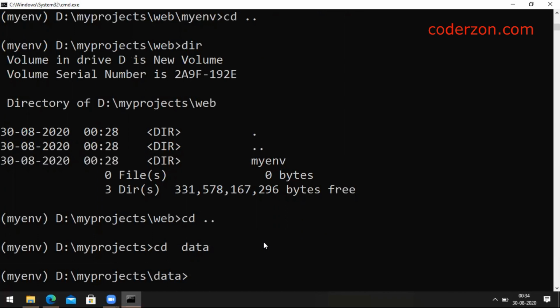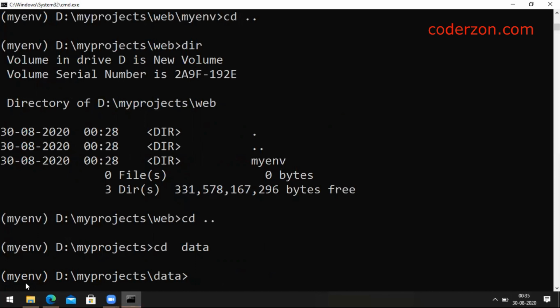Inside this particular project, I want to install maybe the NumPy package. Now, if I execute the command, it is going to install in this particular myenv, that is the currently activated environment. So what do we need to do?